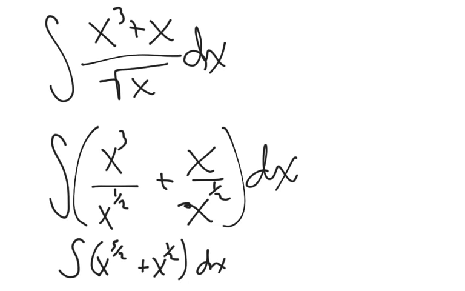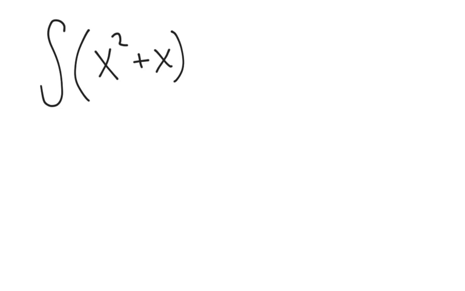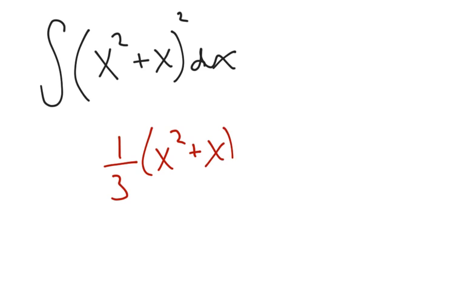So we saw this, for example, on at least the AB practice exam. I don't remember if it was on the BC or not, but we had something to the effect of the integral of (x squared plus x) squared dx, and we needed to find an antiderivative for this. And some people wrongly thought the answer choice was going to be 1/3 (x squared plus x) cubed plus a constant. And that doesn't work because